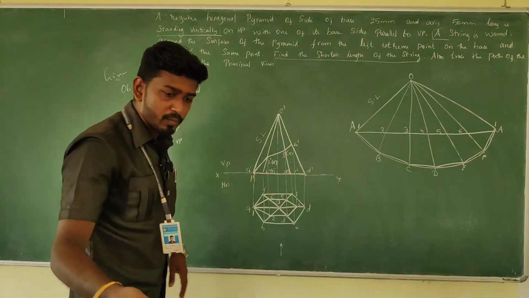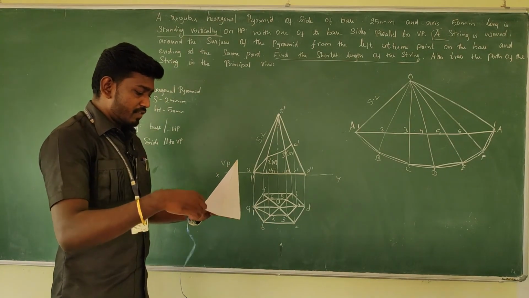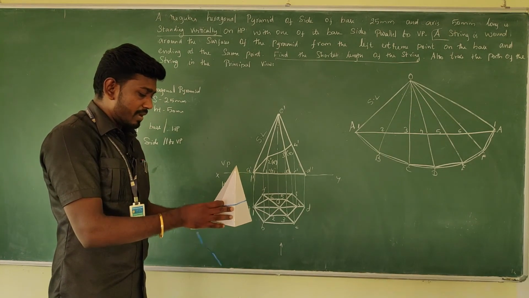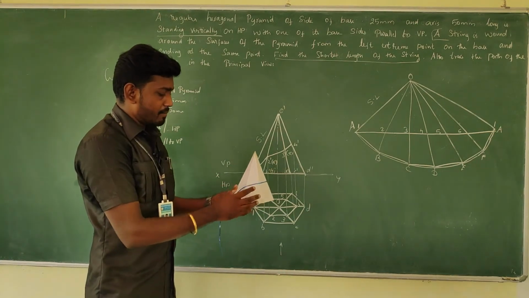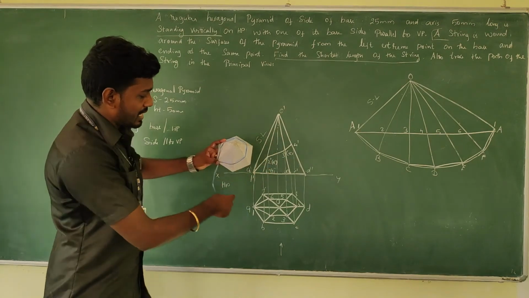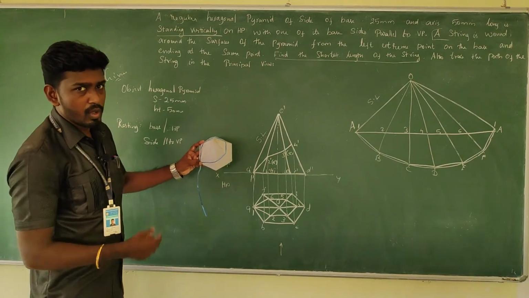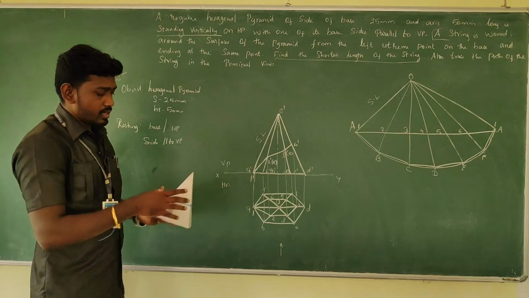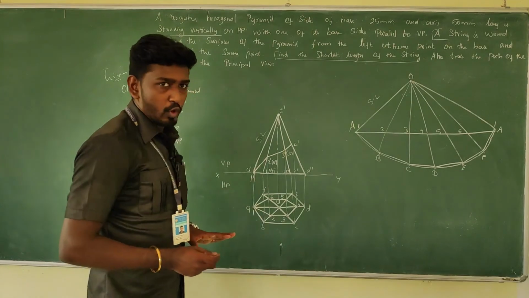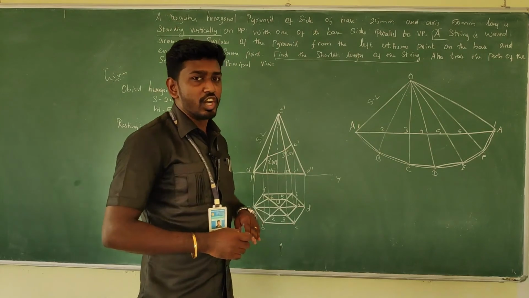Look at this. This is a top view. We have wound around the pyramid from the left extreme to the left extreme, which is coming to the same particular corner. Am I right? If you look from the top, this similar shape, can you see it? I hope you got the exact thing. Am I right? Yes. So now we have completed the trace in the front view as well as in the top view. The shortest length, it has been asked, so we need to specify the shortest length.